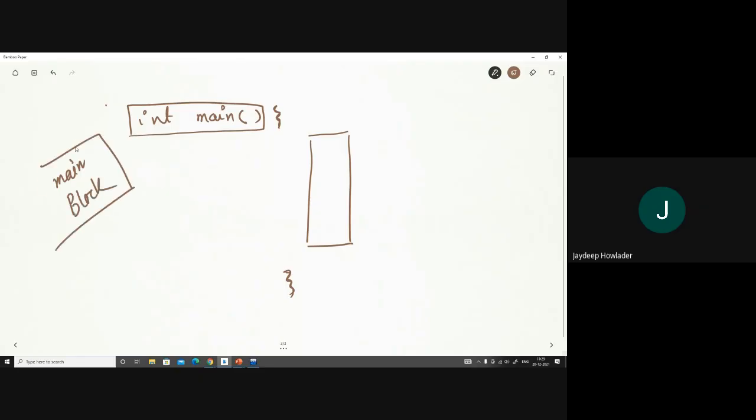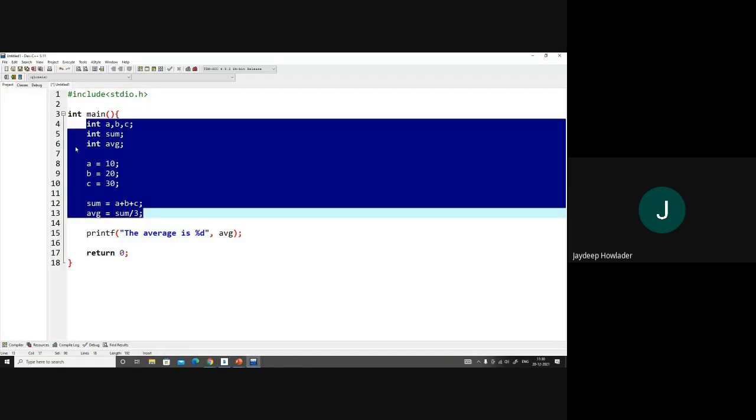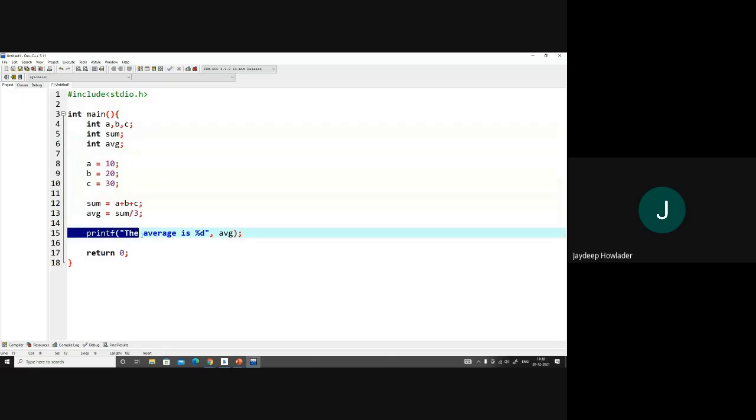Okay? So a C program must have a main block, and the execution of the program always starts with the main block. Okay. Without understanding more of these things, we just try to remember that there should be a main block. The main block looks something like this: int main, then an opening bracket, a closing bracket, and then the curly bracket starts. This curly bracket, the start of a curly bracket and its corresponding ending, says that this is the block, and this block contains some code. Understand? And then finally, what is this statement? The print.